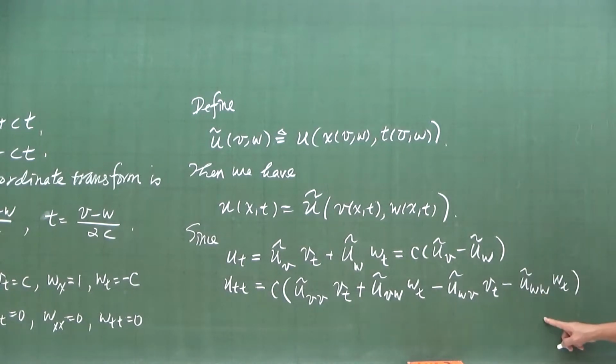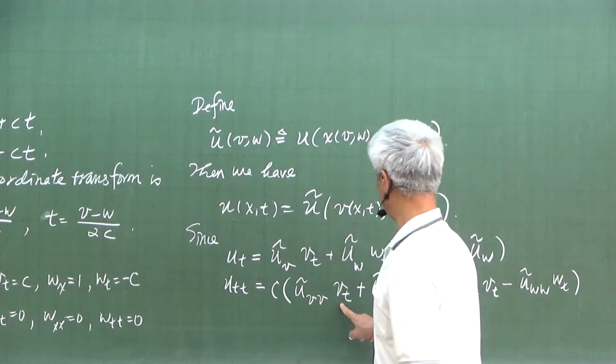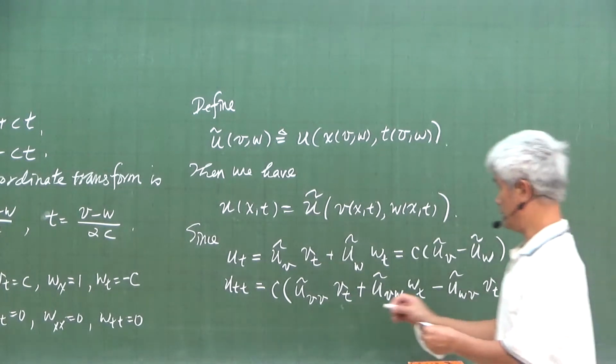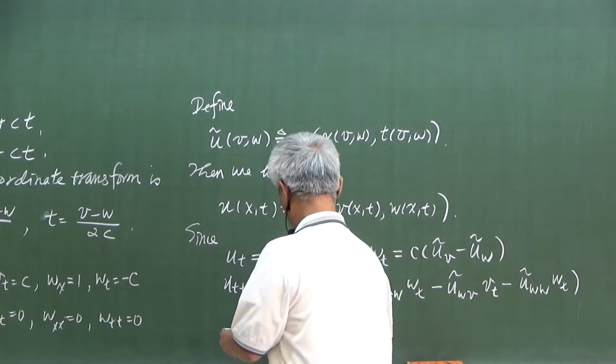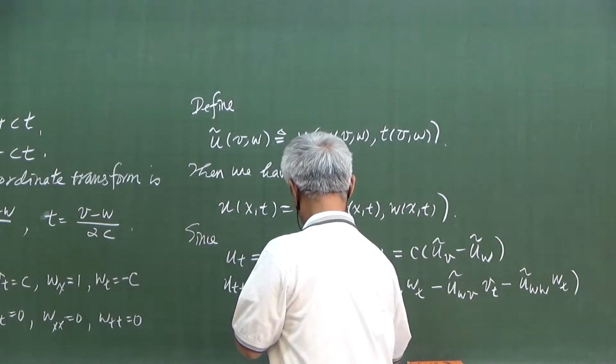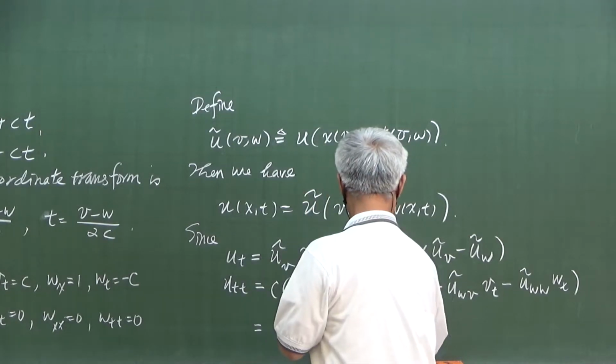Also by the chain rule. And then we can do the substitution again. So this is equal to c squared times (u tilde_vv minus 2